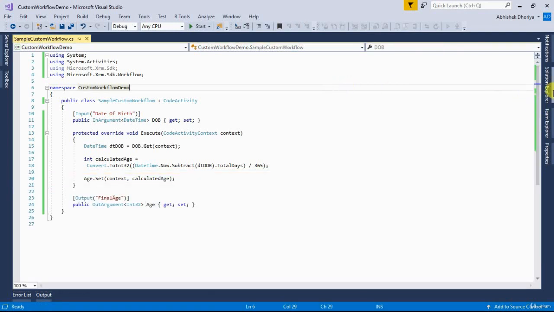After building this project, we need to register this newly generated DLL into the Dynamics 365 instance with the help of the plugin registration tool. So now I will open my plugin registration tool and quickly register this DLL. Right now I'm not giving you the detailed steps of registration. Don't worry, the next module itself is based on how you can deploy and register a Dynamics 365 custom workflow, where we will see in detail the step-by-step process of deploying and registering a custom workflow activity.